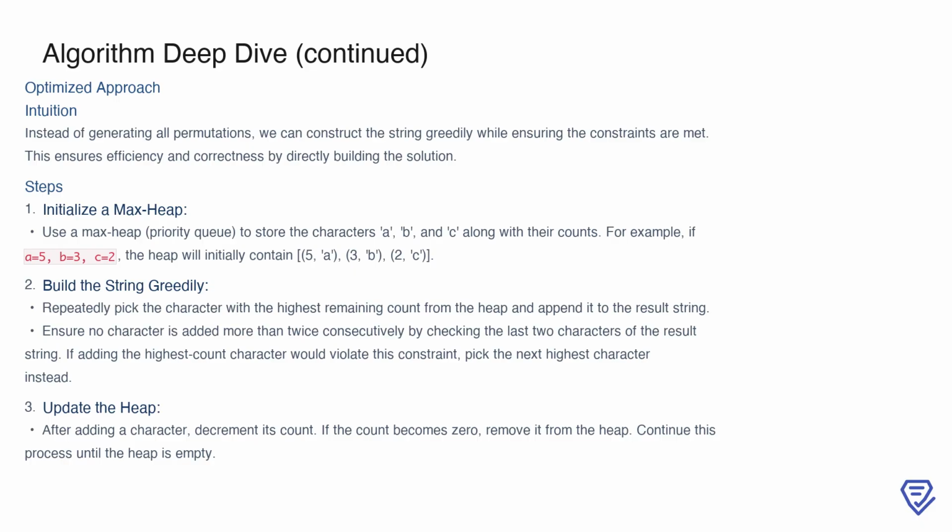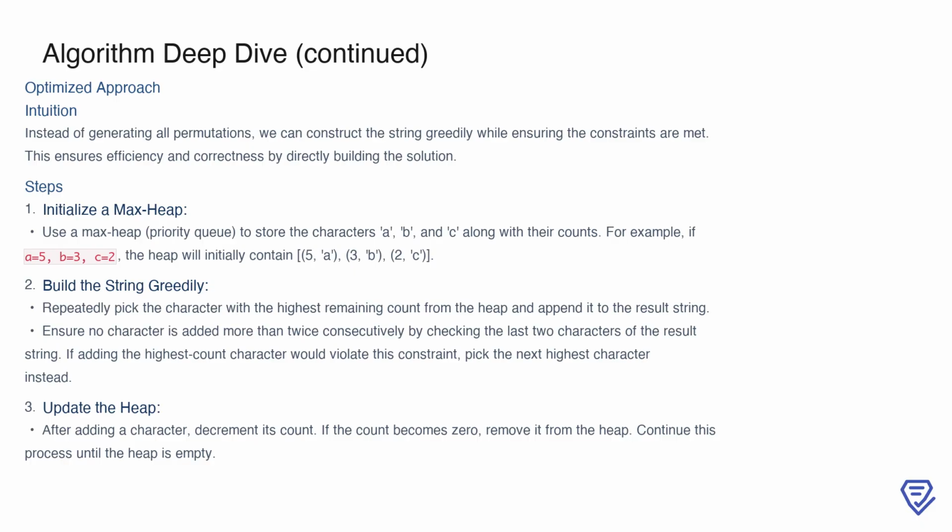For example, if the counts are a equals 5, b equals 3, c equals 2, the heap would initially contain entries like (5, a), (3, b), and (2, c). By repeatedly picking characters from the heap, appending them to the result, and updating their counts, we can build the string incrementally. This method ensures that the constraints are met by checking the last two characters of the result before